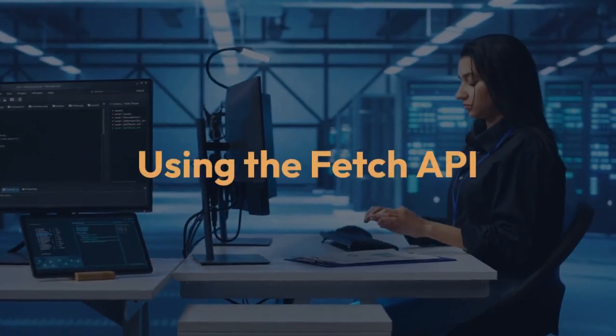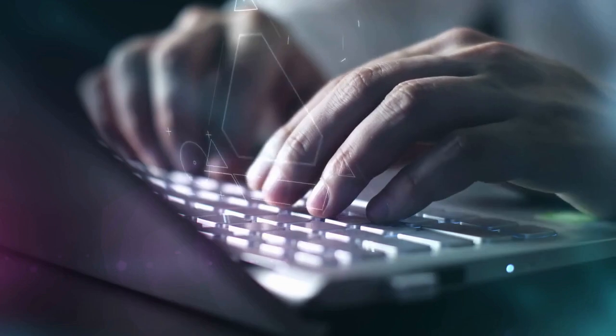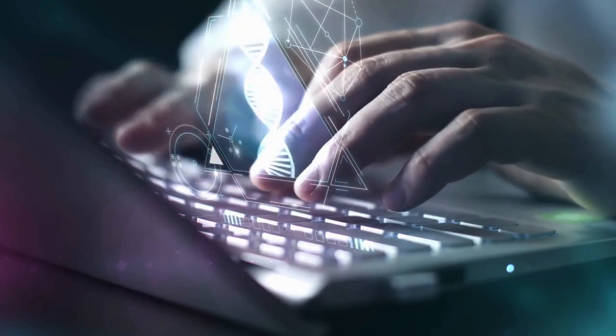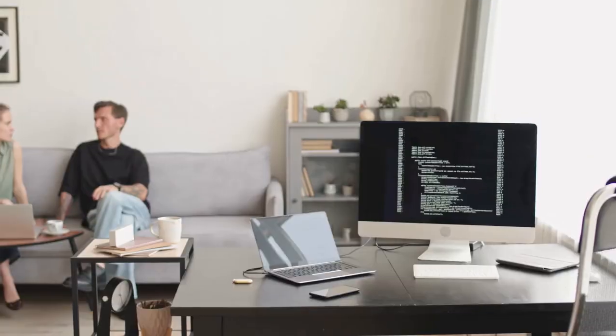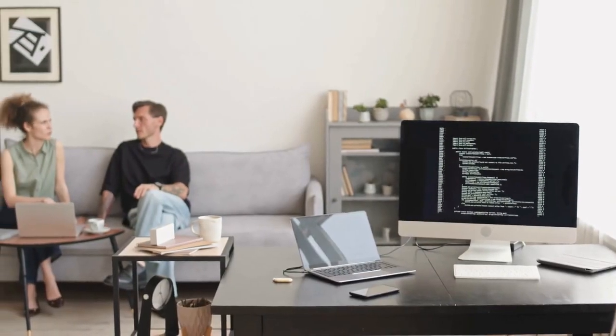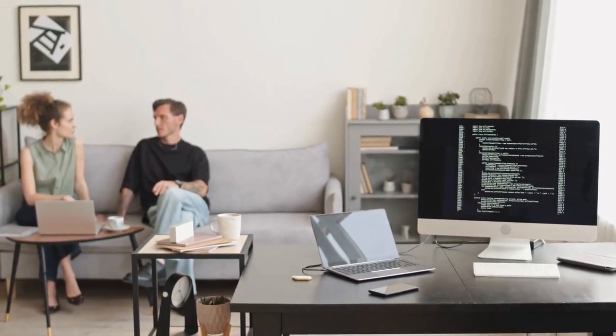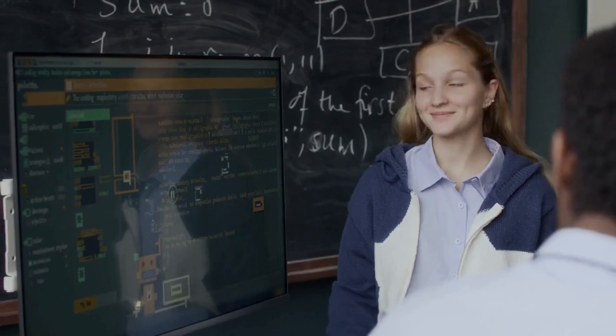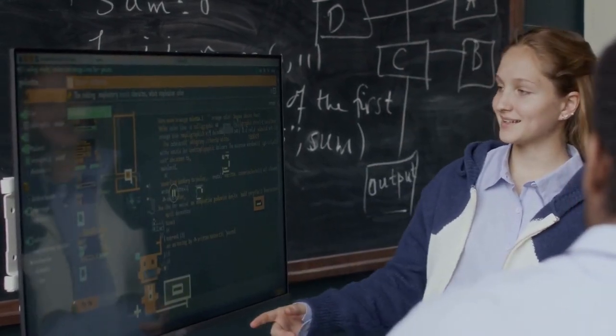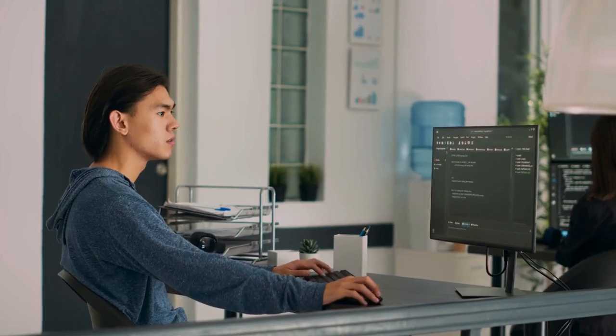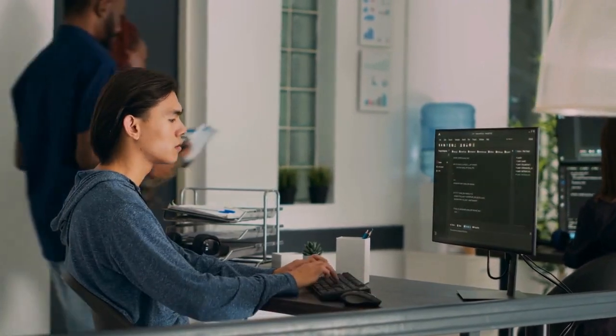3. Using the fetch API. Inside the event listener, use the fetch API to send a PUT request. The fetch function takes the URL as the first argument and an options object as the second. This object specifies the method, headers, and body. The method should be set to PUT. Headers should specify that you're sending JSON data, content type,